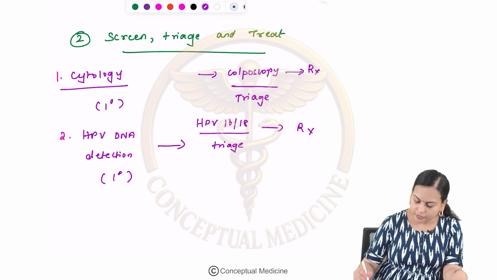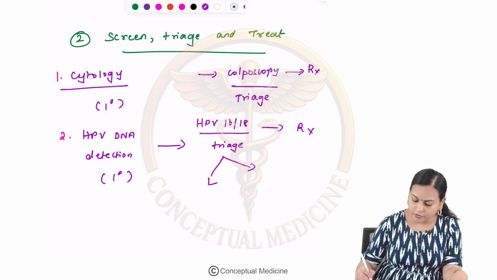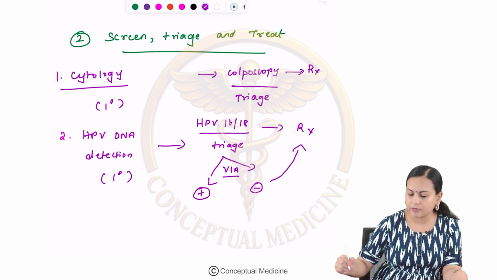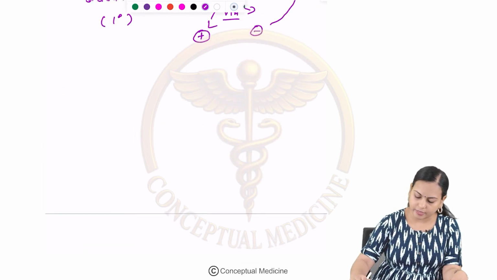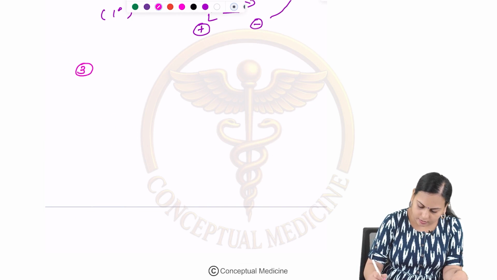Or you can even triage these people if they become positive for HPV 16 or 18. You can again triage them using VIA, that is VIA positive or VIA negative, and then take them to the treatment. Clear? And the next option is they are